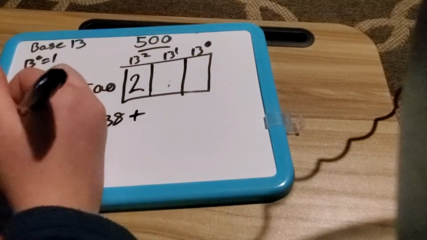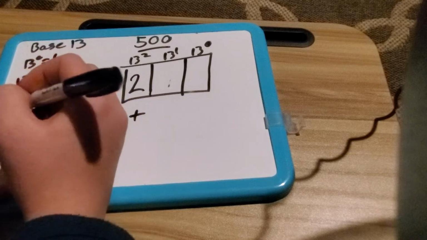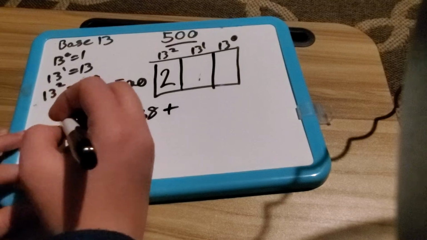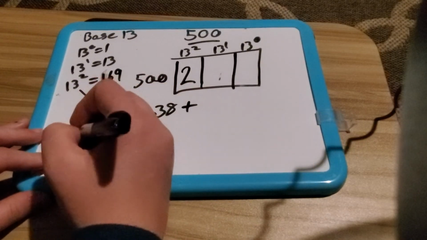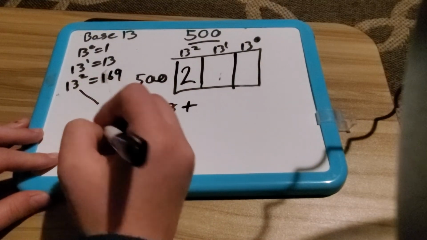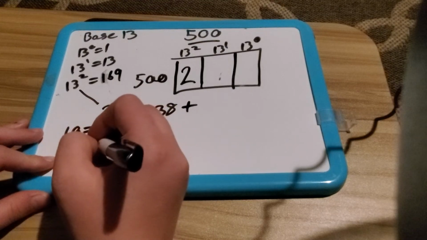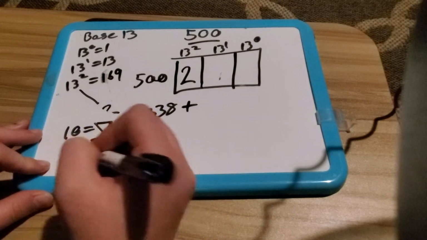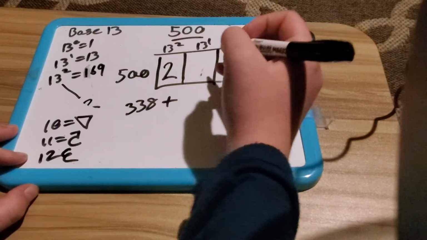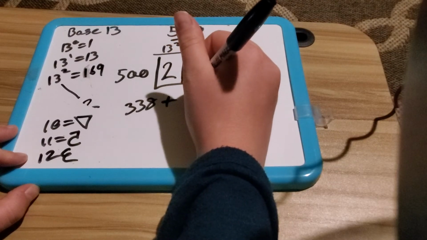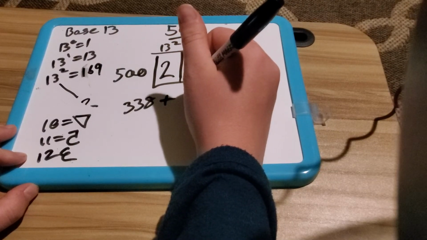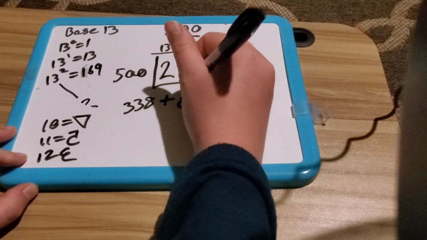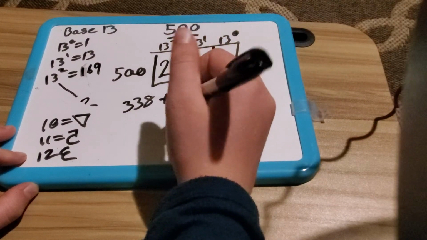So if we go ahead and go here, let's make some symbols. Being in base 13, we can't go over 0 to 9, but we can make symbols to represent 10, 11, and 12. So for number 10, we're going to use a triangle. 11, use a backwards 5, and 12, we'll use a backwards 3. I think I'm going to go with the number 12, just to save us some time, because I know that 13 to the 1 power times backwards 3, or 12,